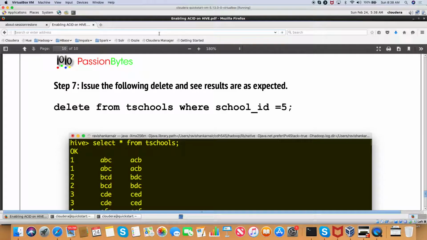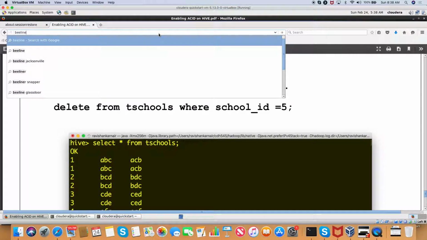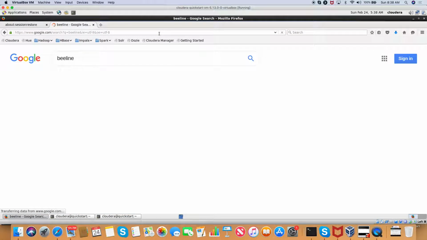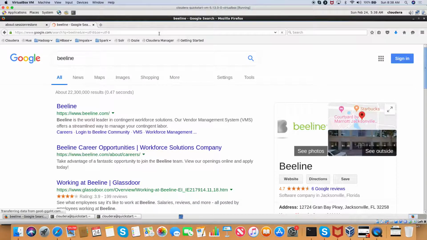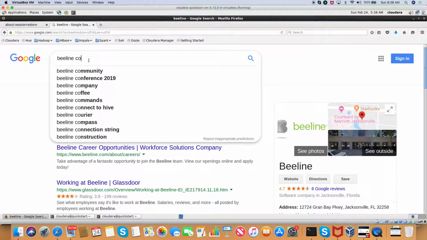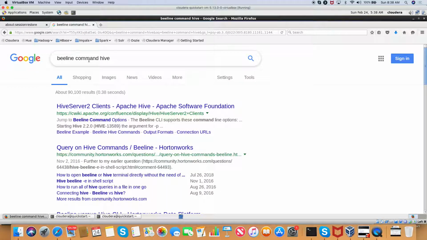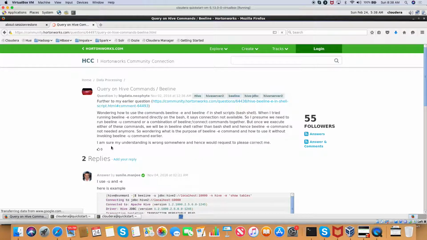And this is what you should be using in Merrill Lynch or Florida Blue, wherever it is, because you will get an error telling that Hive cannot be executed, and you will clearly see the message, use Beeline, okay? So Beeline command, query on Hive commands using Beeline,